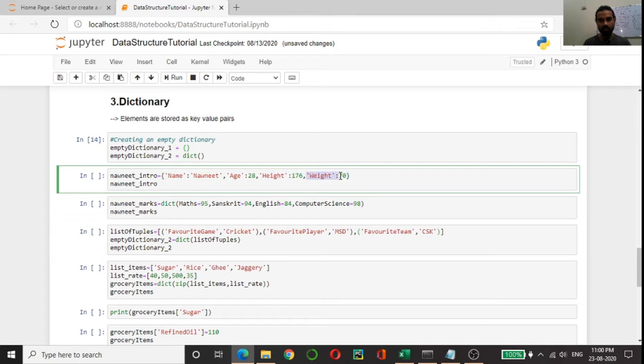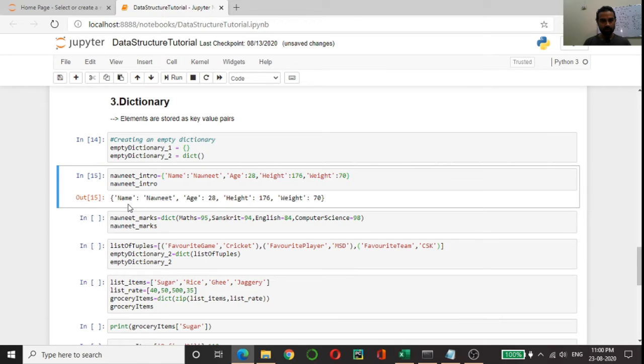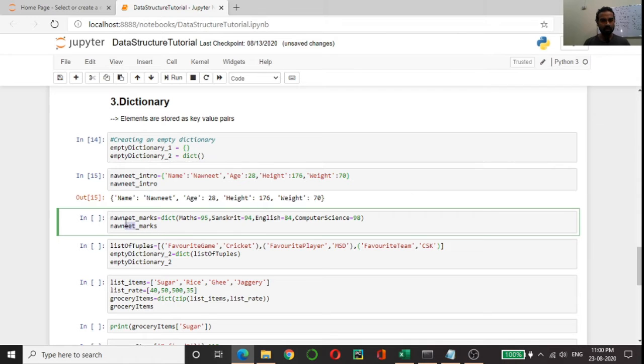However many you want, you can define. So you can see that this has formed a dictionary. The second way is by using the dict object. So here simply inside the dict object we have to give the key values like this, and the dictionary will be created.